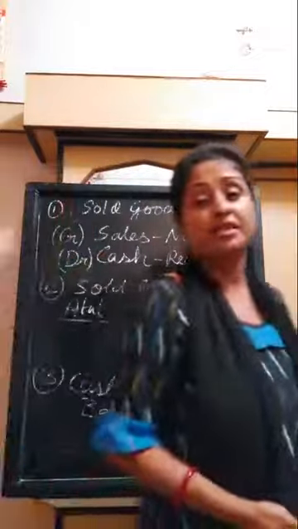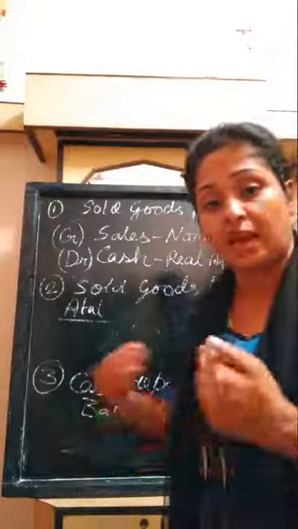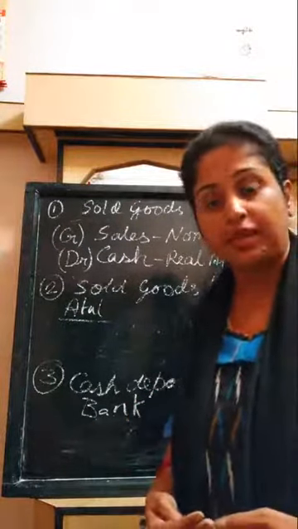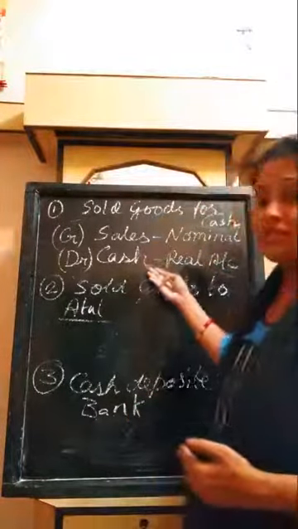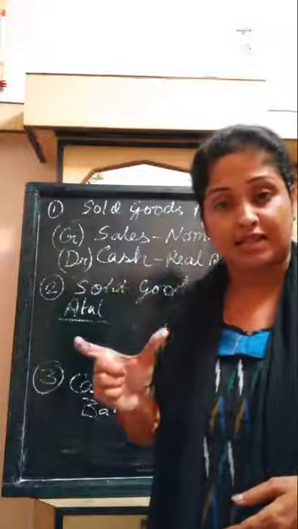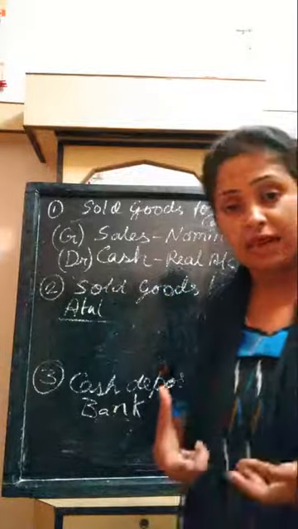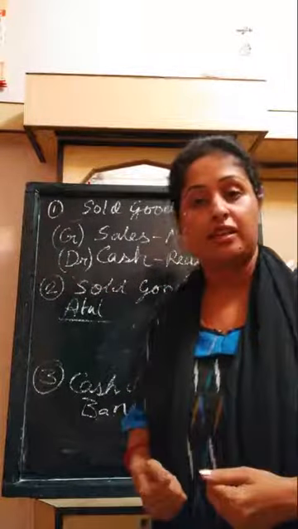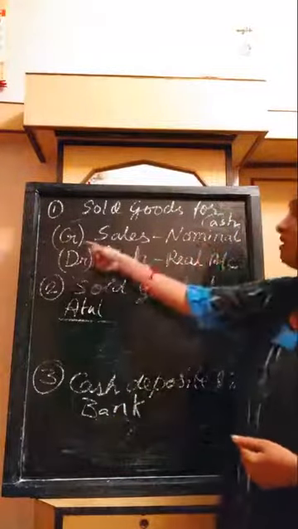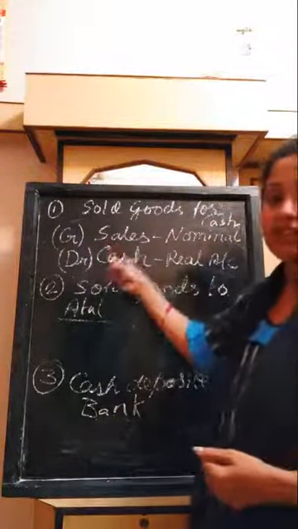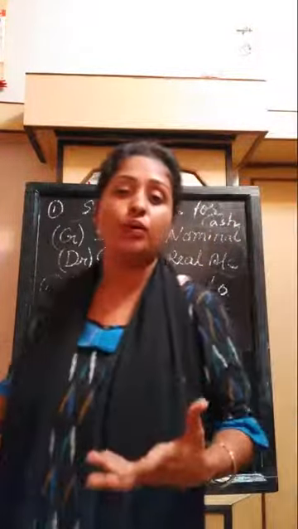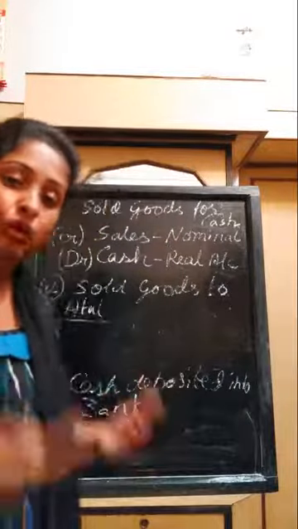Why is cash debit? I am again telling you, because cash is coming in. When we are selling something, we are getting cash. That's why cash will be debit. And the next one is sales of goods. For sales of goods, we are using sales account, and sales is an income. All incomes are credit in a nominal account. That's why sales will be credit. So these are the two accounts, debit and credit, applying the golden rules.